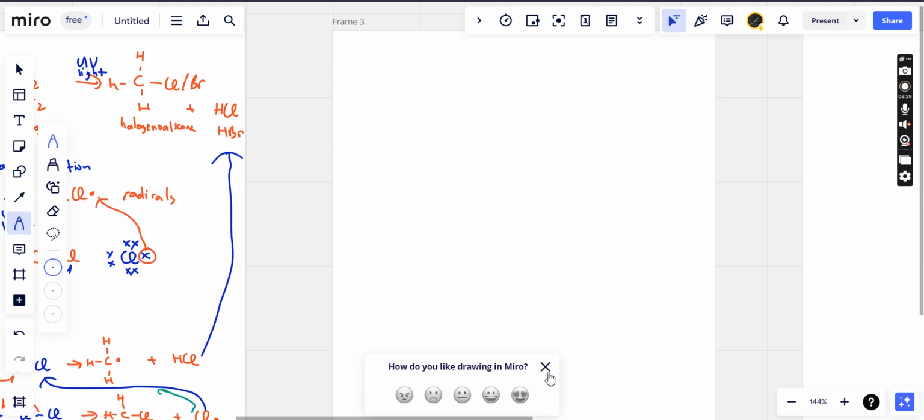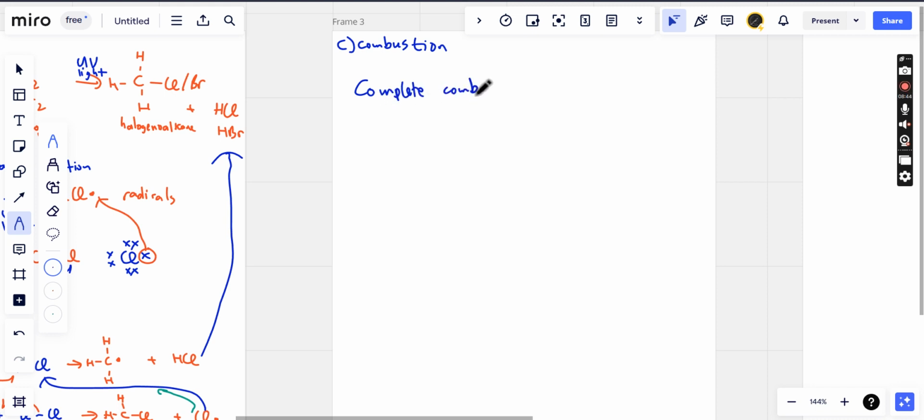Yeah. So the next one is simply combustion. And here you have two scenarios. First, you have complete combustion, and then you have incomplete combustion. So for complete combustion, what you get is you have an alkane, and then when you burn it in oxygen gas in excess, what you get is carbon dioxide